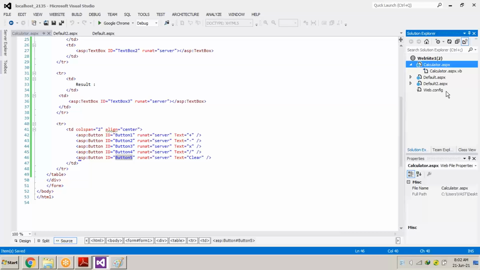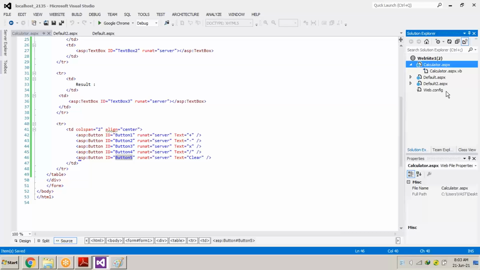Some programmers use C#, some use J#, some use F# also. So there are many server side languages in which you can write your server side code. But if you are using ASP.NET, the client side coding will always be in HTML and JavaScript. The server side language can be Visual Basic, VB.NET, or C#.NET, or F#.NET, or J#.NET. There are many languages you can choose to write the server side code in ASP.NET, but it depends completely upon the programmer or developer, in which language he is comfortable.